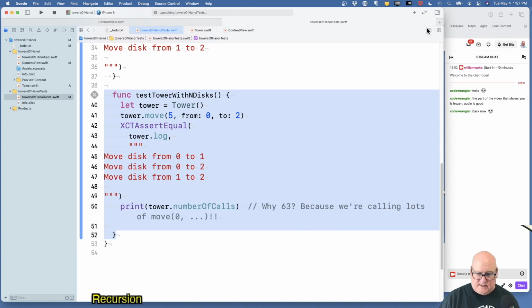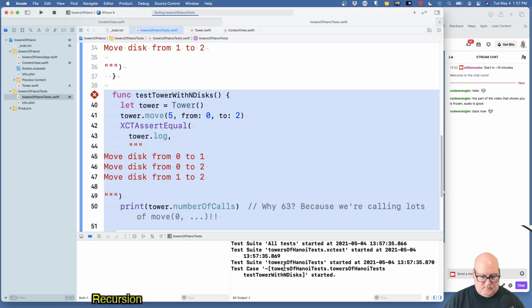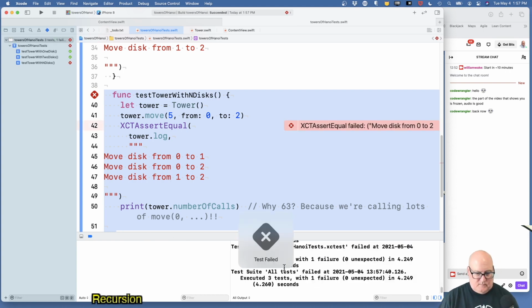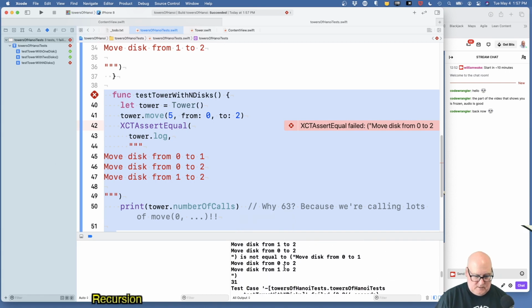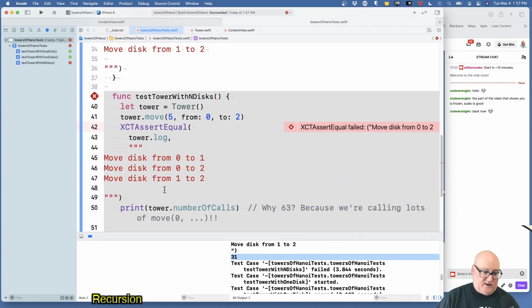I know there's a way to get the console on here, but yeah. All right, there's 31. So we've cut our number of moves in half by taking the simple case of 1,